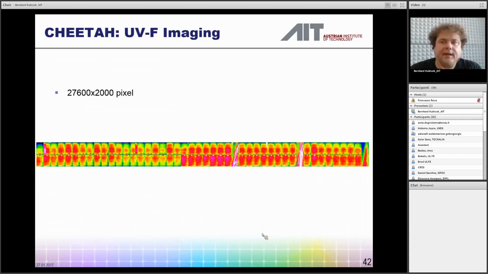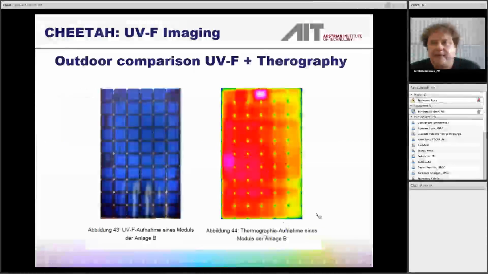So yeah, next slide you will see that the tables were quite large. We investigated really a lot of modules and cells for this. In some cases, we found correlation where you could see a hotspot in thermography. And of course, in the UV